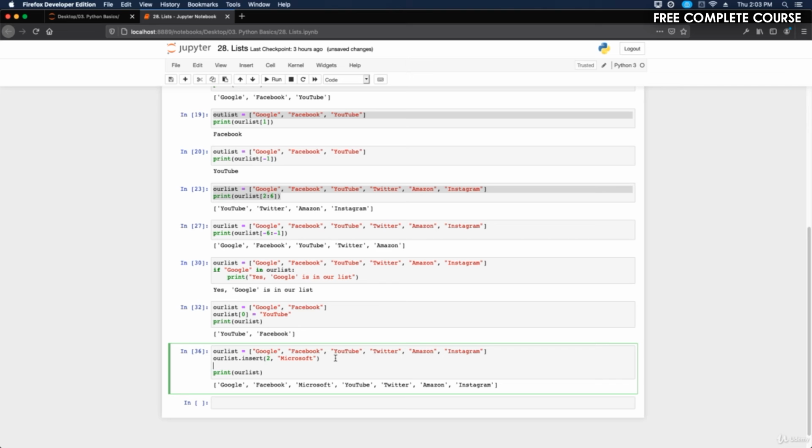I can type this out again, our list dot insert, and we do 3, Twitch. Okay, now I run that, and what's going to happen? It's going to add both, Microsoft and Twitch. Okay, so that's how you can change the list items and how you can insert a new list item without